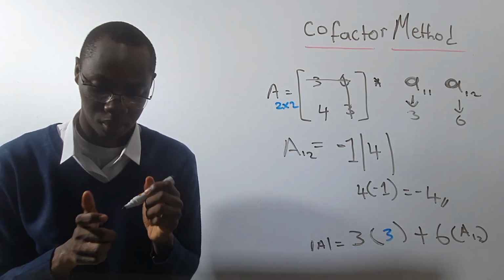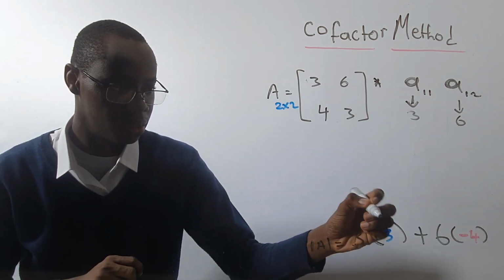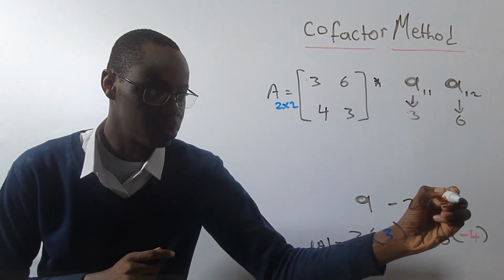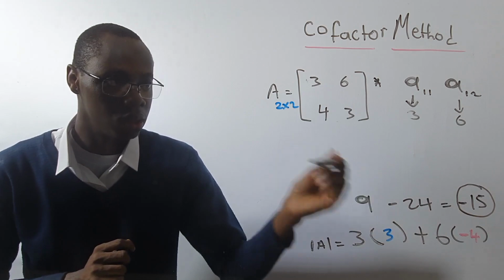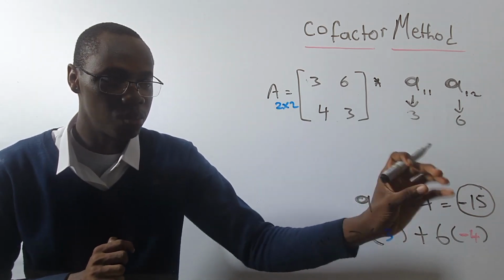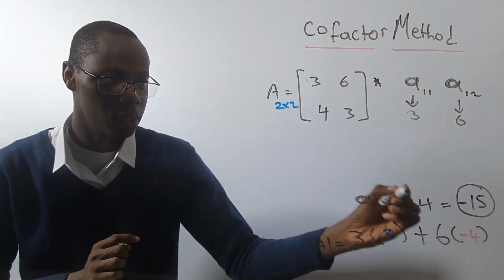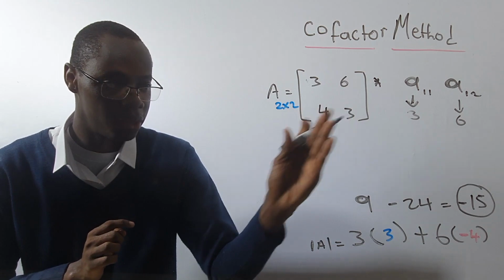Very, very simple. So lastly, all we need to do is put this inside a calculator: 3 times 3 plus 6 minus 4. If you do this, you will get -15. So the interpretation of this now is -15. -15 makes more sense to us. We have determined, using the cofactor method, that the scalar quantity associated with this 2 by 2 is